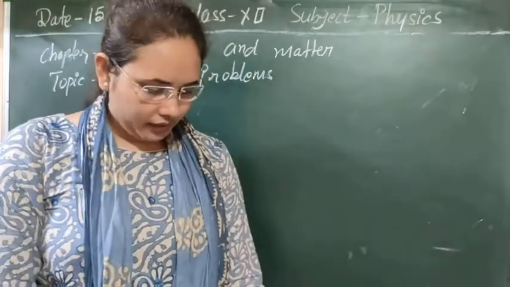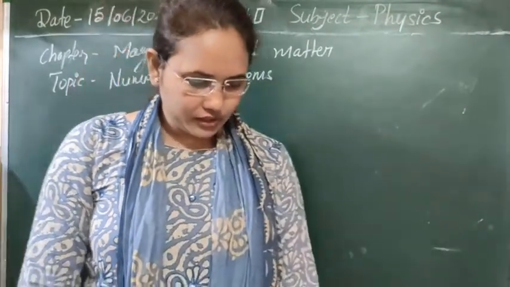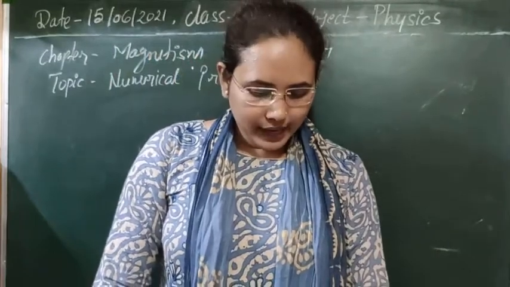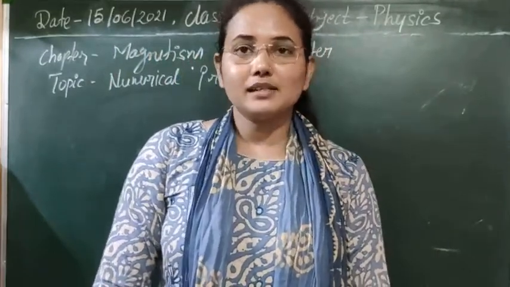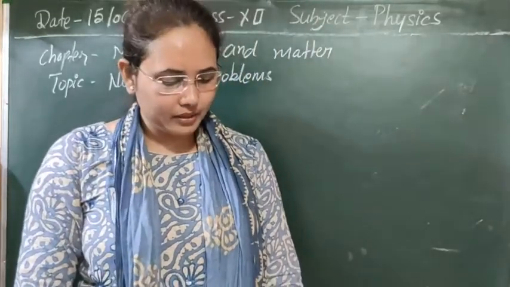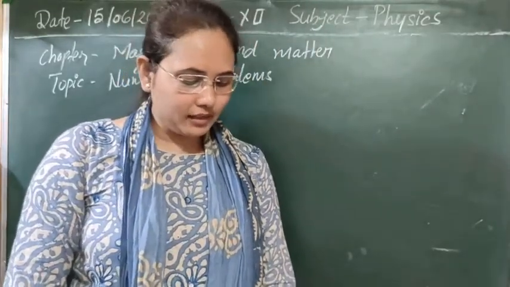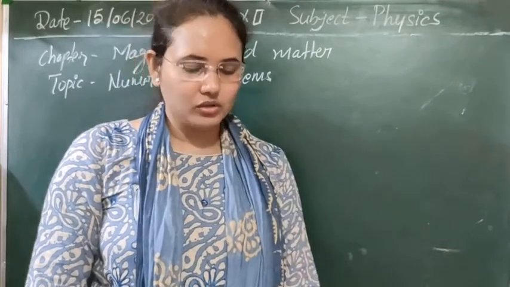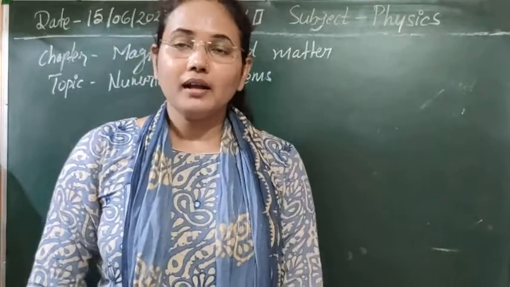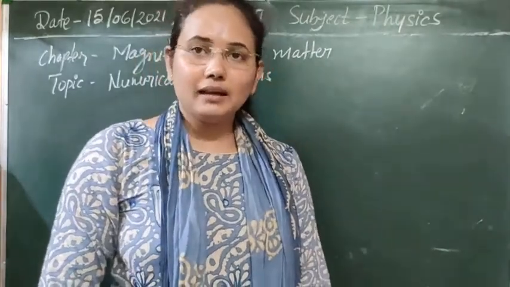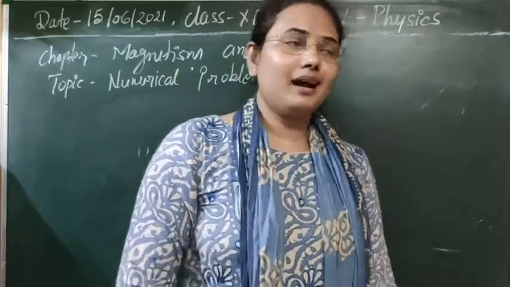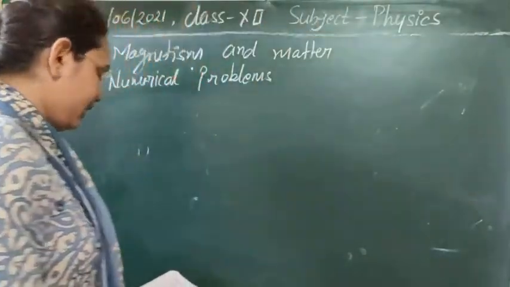So here a question is given: a closely wound solenoid of 2000 turns and area of cross section 1.6 into 10 to the power minus 4 meters square, carrying a current of 4 ampere, is suspended through its center, allowing it to turn in a horizontal plane. So it is given that we have a solenoid and that is suspended freely, that can turn or rotate here. So it means that simple, we can talk about the torque for this case.